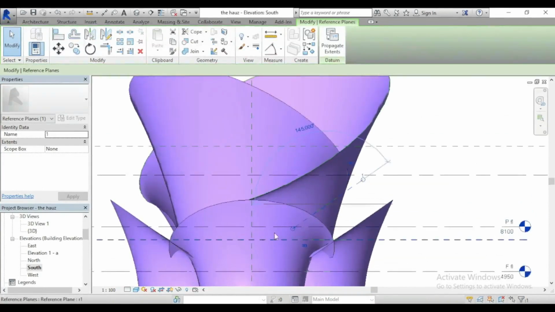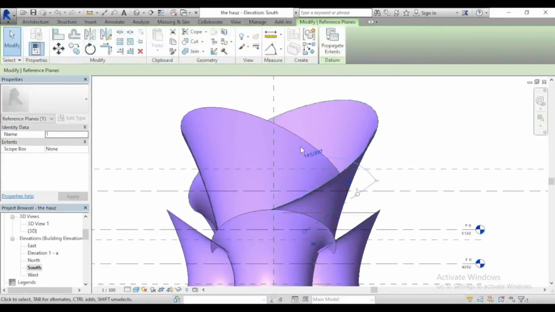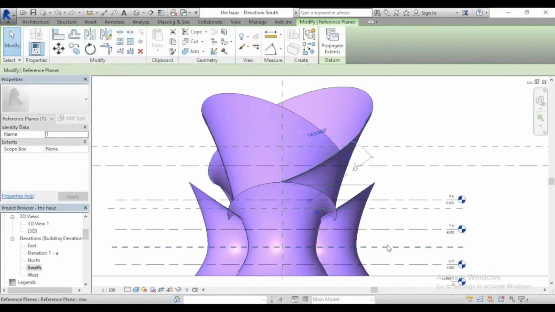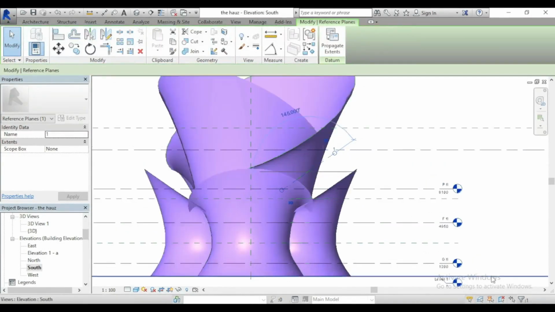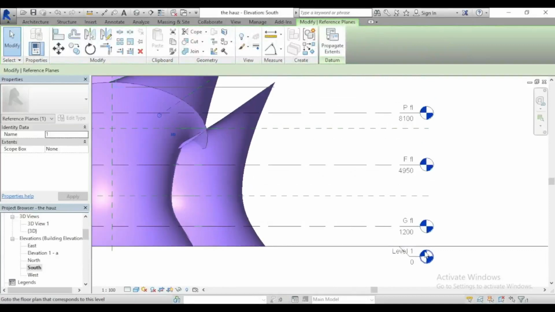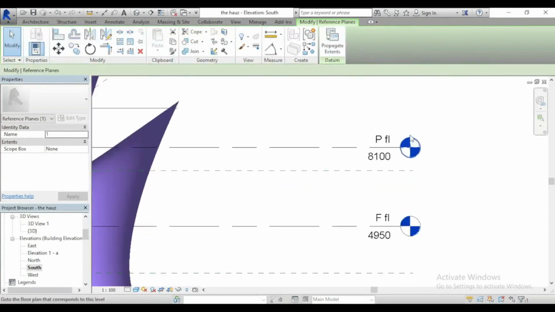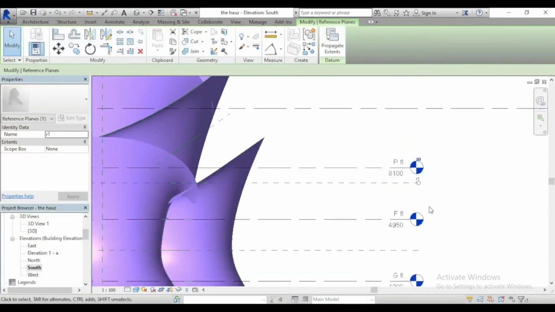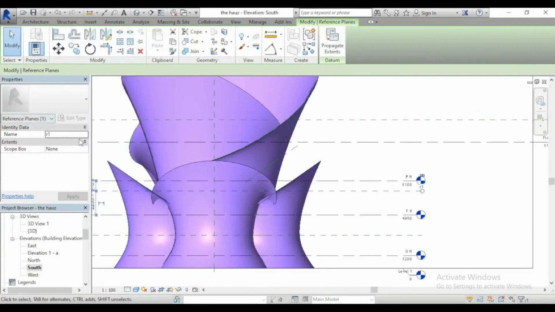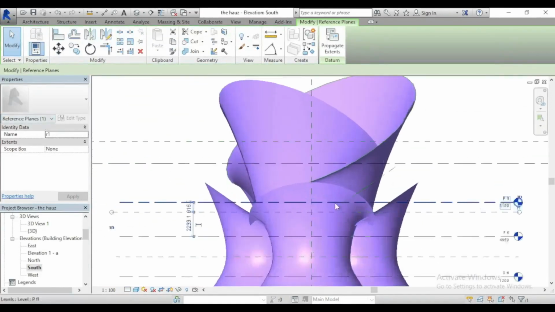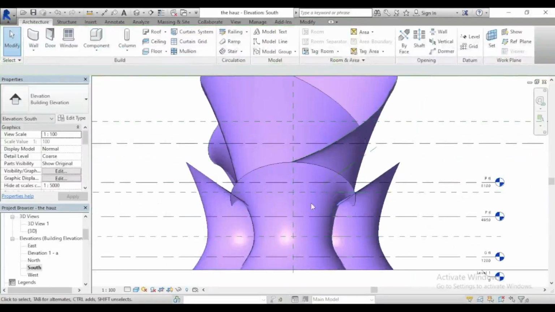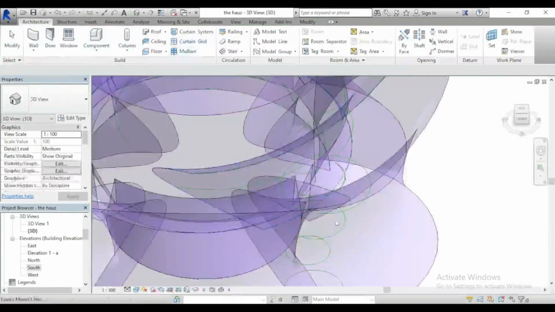So once you've created those lines, then you can use them to create this particular object we're about to create at this point in time. So you can see the various levels and various heights. If you've not already created those, please do. There's reference plane number 1. And okay, since we've already created all those profiles,